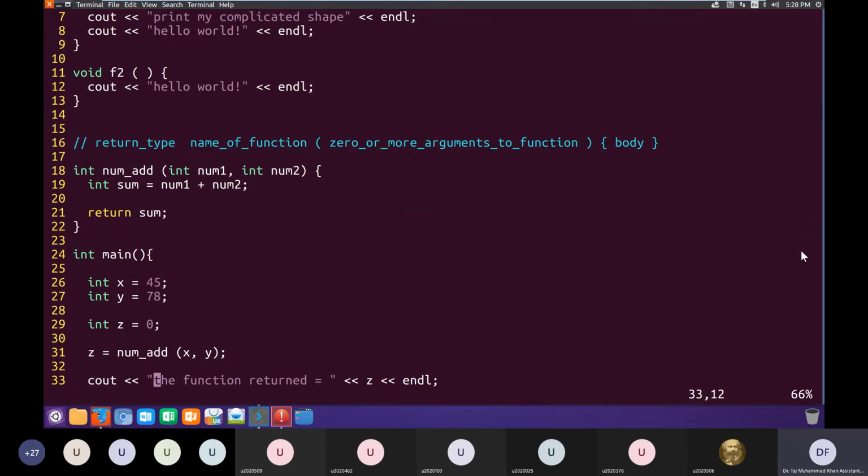Okay, is it clear? Yes, I just said whatever you can use inside the main, you can also use it in any other function. If you have a long question, I don't know how long it is, you can unmute and speak.